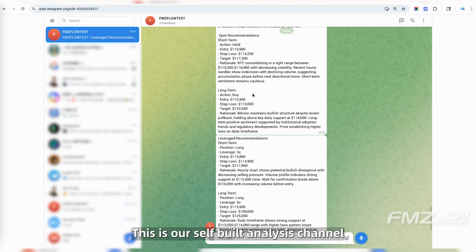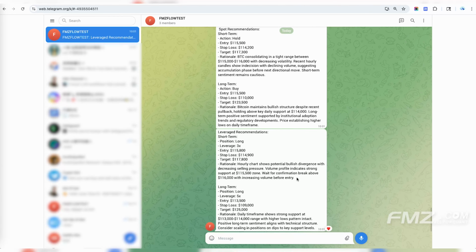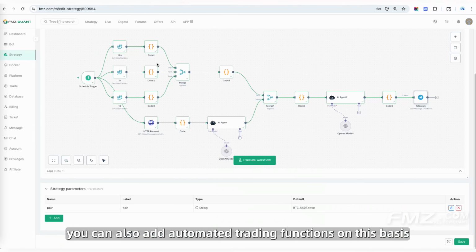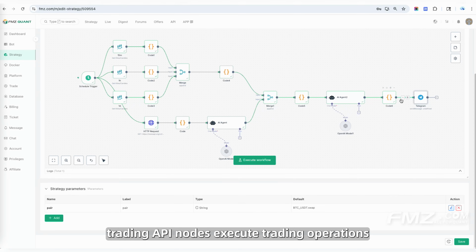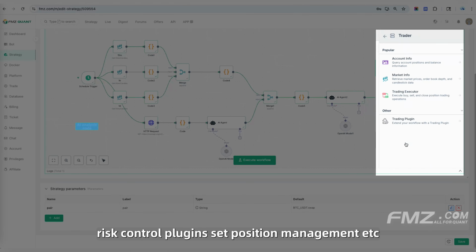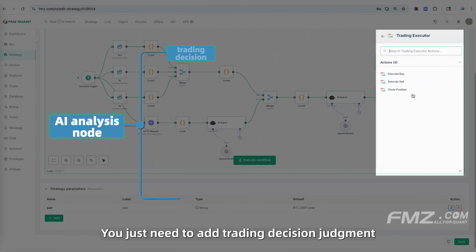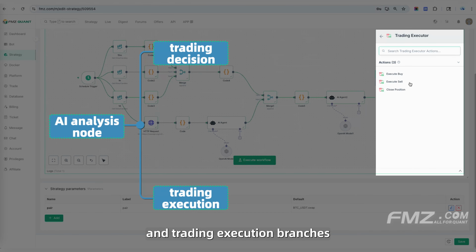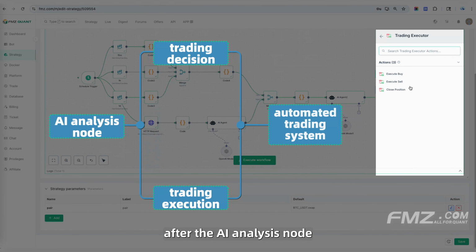This is our self-built analysis channel. If you want to go further, you can also add automated trading functions on this basis. For example, trading API nodes execute trading operations based on recommendations, risk control plugins set position management, etc. You just need to add trading decision judgment and trading execution branches after the AI analysis node to achieve a